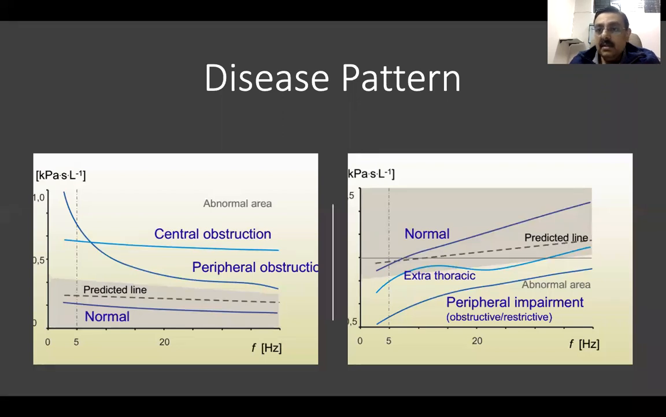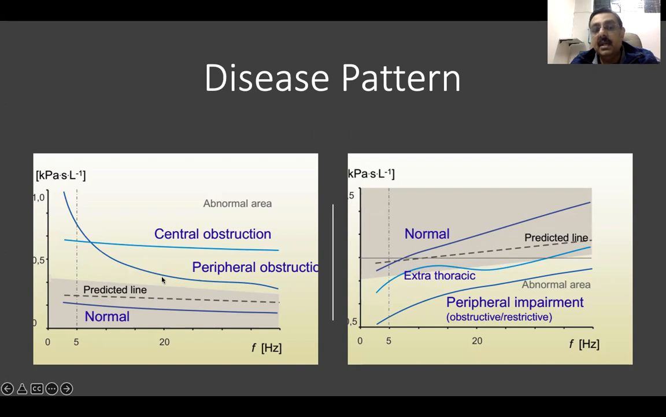Now, how do these curves appear in various disease states? If you look at the resistance and the reactance curves, normally this is the resistance graph. Now, if there is peripheral airflow obstruction, which is usually what happens in a child with asthma, the resistance at lower frequencies would go up, as we have talked about, and the resistance at higher frequencies is not so much raised. So there's a difference between lower and higher frequencies, and hence this graph appears to